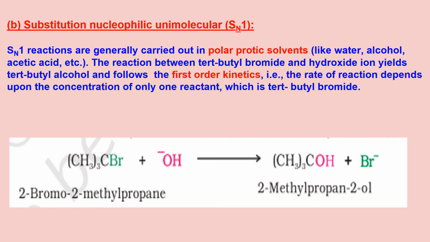The second mechanism, which is also quite interesting, that is SN1, substitution, nucleophilic, unimolecular. Uni means one. Because it follows first order kinetics, the rate of the reaction depends upon the concentration of only one reactant, that is the alkyl halide. If I take a tertiary alkyl halide and show the attack of OH minus on it, which is a nucleophile, the simple reaction would be Br is replaced by OH minus. So this is nucleophilic substitution again.